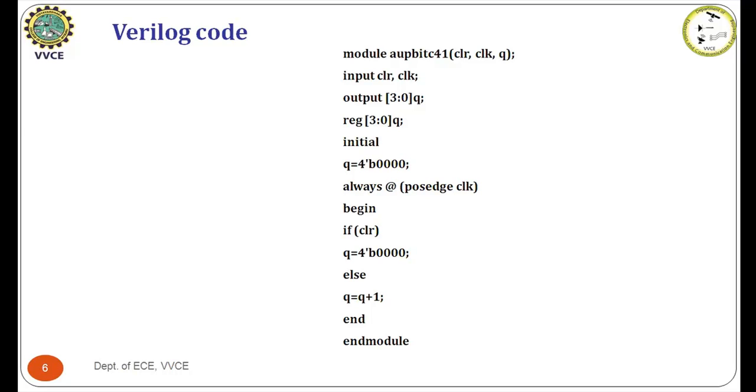for the behavioral simulation. So initially the counter value is initialized to 0000, and for every positive clock edge, the counter starts counting from 0000 to 1111. So here, if clear is equal to 1, the count value is initialized to 0000, and it starts incrementing from 0000 to 1111. Once the count reaches the maximum value, that is 1111, the counter resets all the values of the counter to 0, and this ends the module.